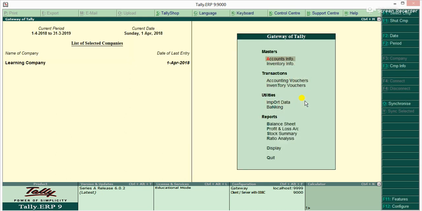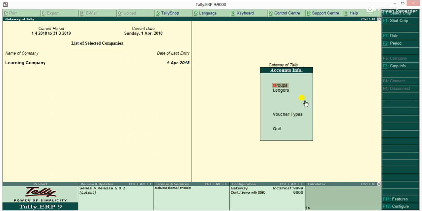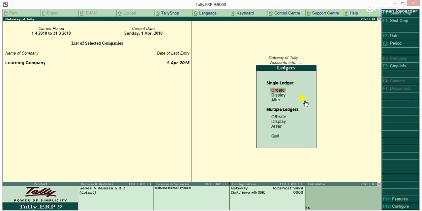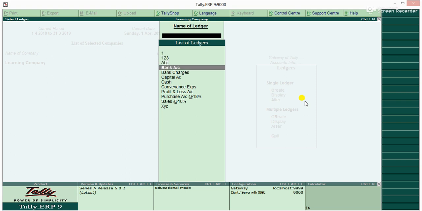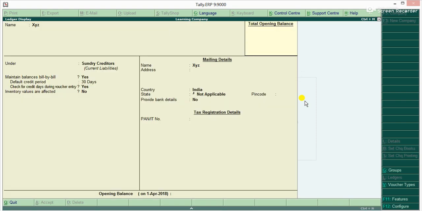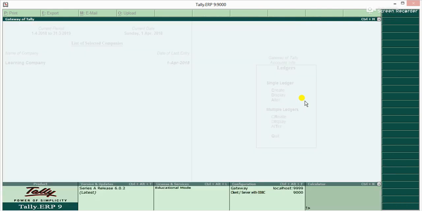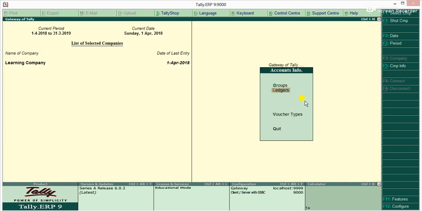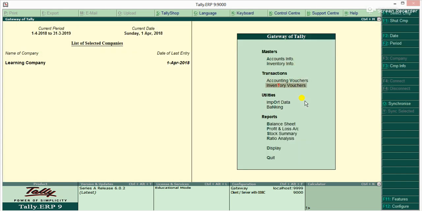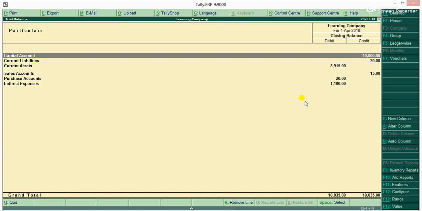We can check the ledger from here also. Account info, ledger, display. I want to check this ledger XYZ. Okay, so I think display trial balance.